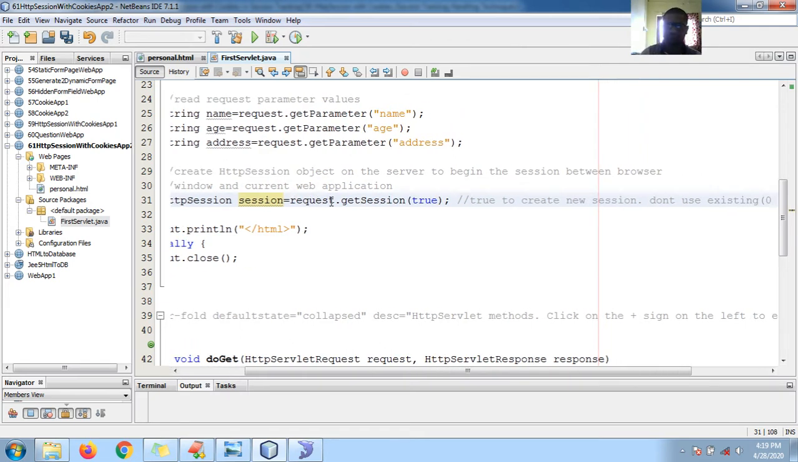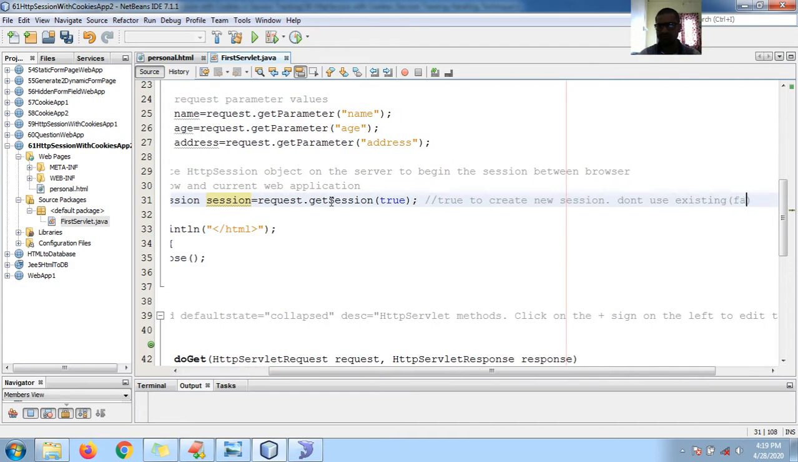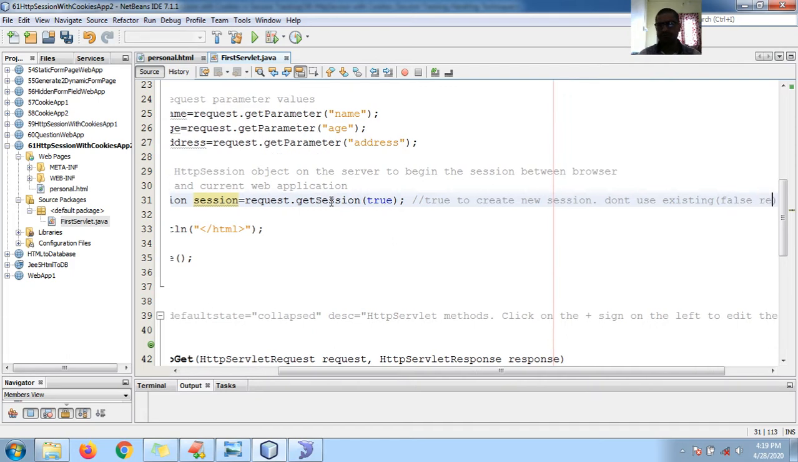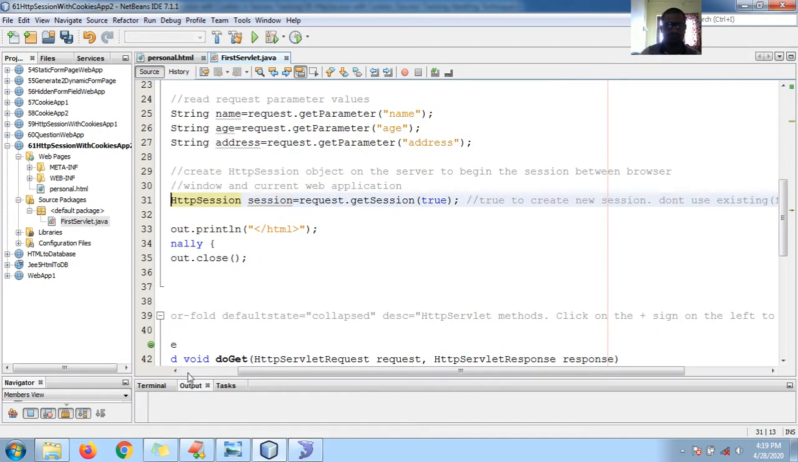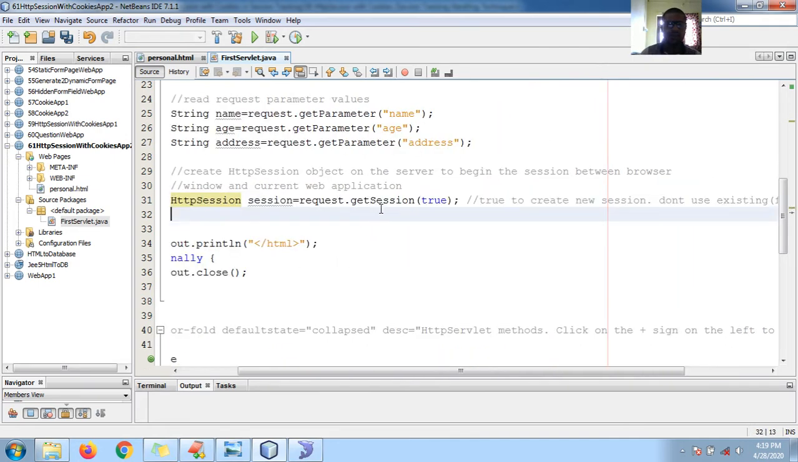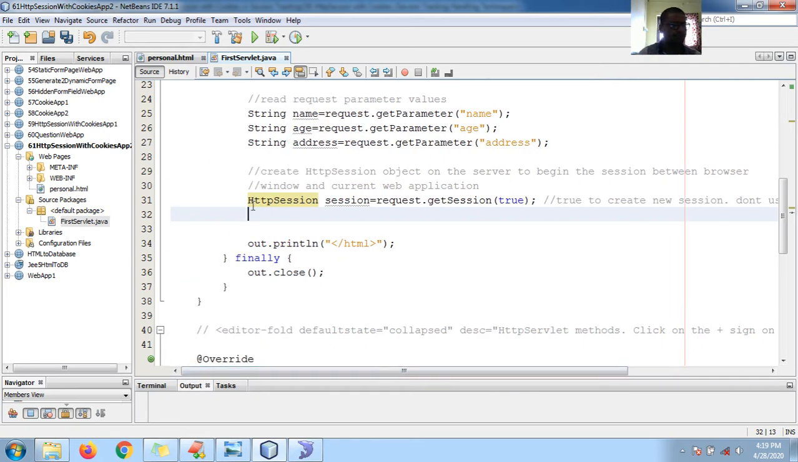Okay, so false may return nulls. So here I got the session. Now let me keep the attributes. I want to keep all the attributes, so keep or write form one, or you can call it form one or request one data,